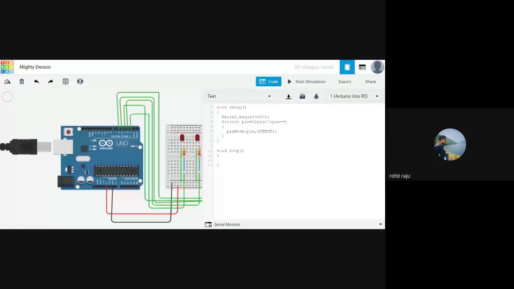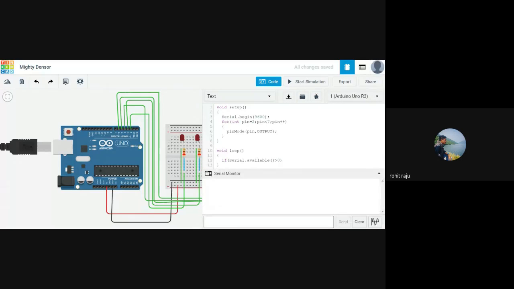Now let's go into the loop. Now we want one particular thing to be true. Let me tell you what that is. This is a new function which we haven't seen before, I guess. Serial dot available is positive. So this condition makes sure that this only works if you type something into the serial monitor right here, right?